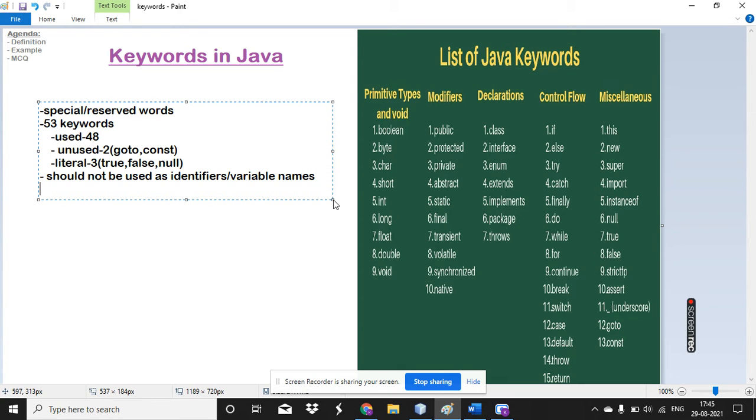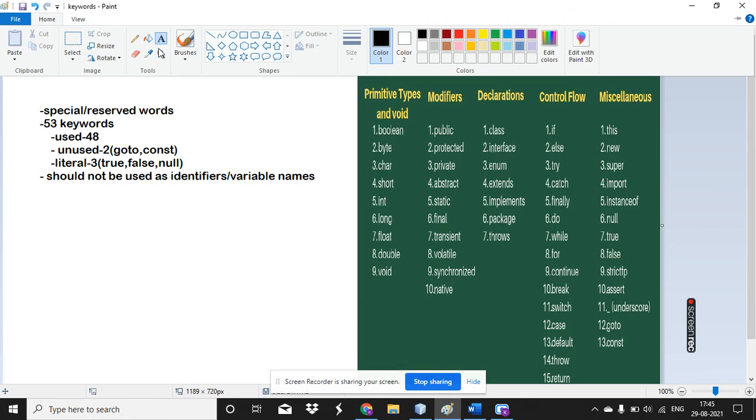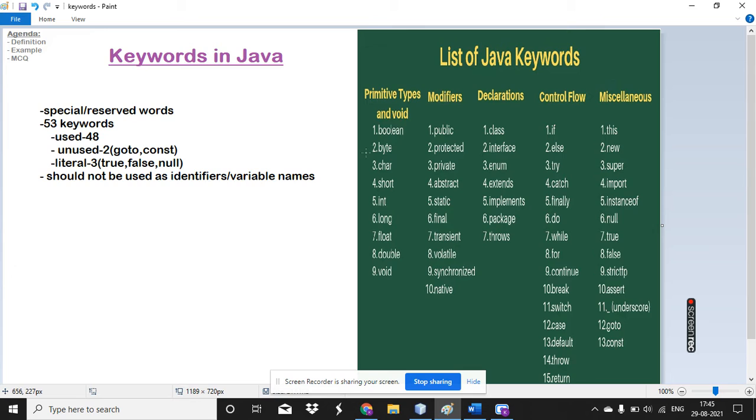For example, everyone knows that boolean is a data type, right? Int is also a data type. So if you check the flow control statements, if has a special meaning, and else is also having a special meaning. So true, false, and null, all three are literals. Yes. So this is what our keyword means.